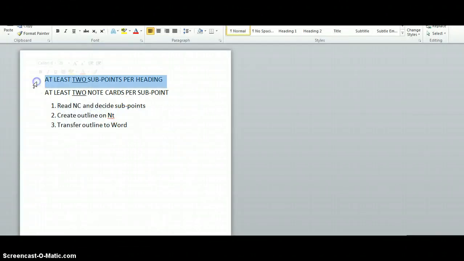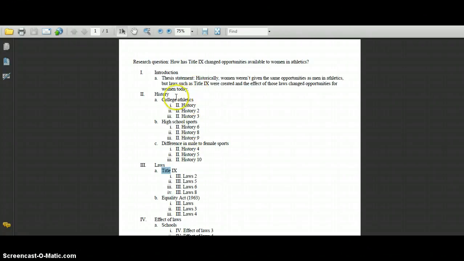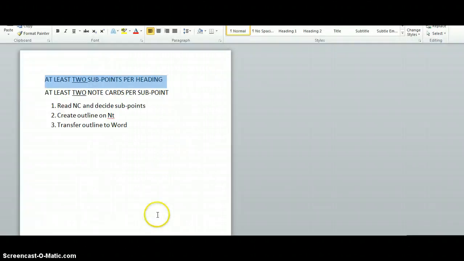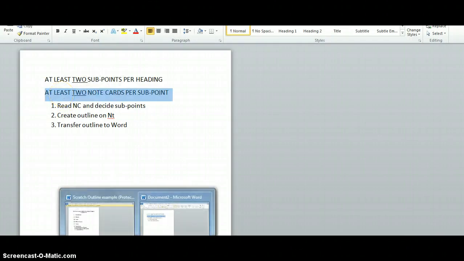But here's what you need to know about the subpoints. There need to be at least 2 subpoints per heading, okay? So in this one, I've got 3. I've got college athletics, high school sports. The difference here, I've got only Title 9. I've got equality, but that's fine because like I said, you need at least 2 subpoints per heading. And here's what else we need to know about that. Once we have created our subpoints, there need to be at least 2 note cards associated with